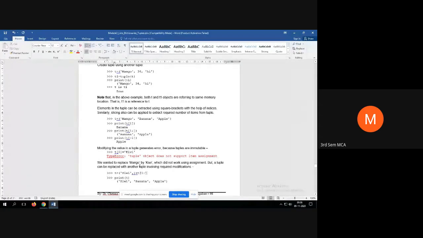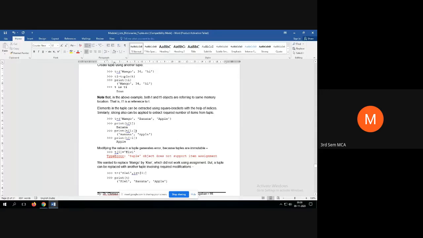Now we wanted to replace mango by kiwi, which did not work using assignment, but a tuple can be replaced with another tuple involving the required modification. That means instead of modifying the same tuple, you can replace one tuple with another tuple involving the required modifications, and that can be done like this. T is equal to kiwi plus, what is this plus? It is the concatenation operator, plus T of 1 colon. What is 1?